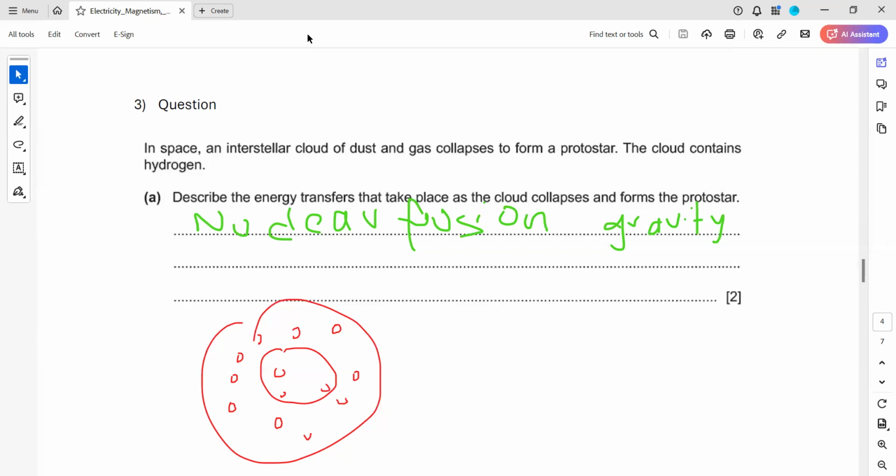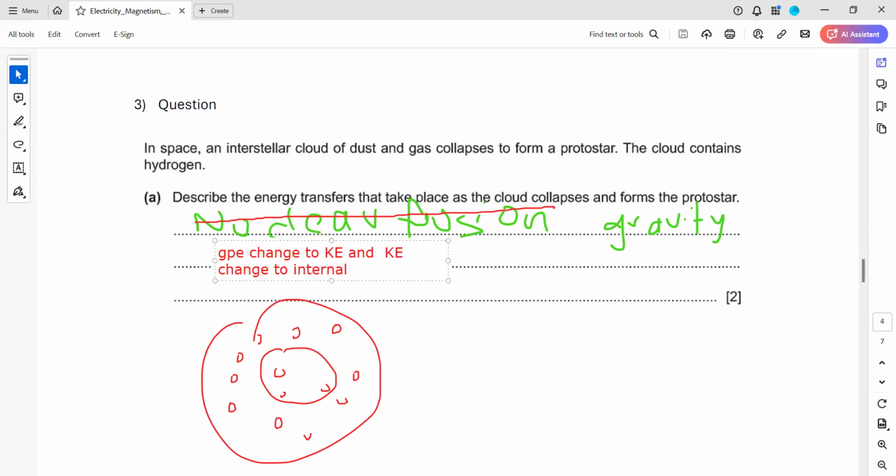We don't have to mention the nuclear part. Because they said it has collapsed, we'll have GPE, the gravitational potential energy, changing to kinetic energy, and the kinetic energy changing to internal or